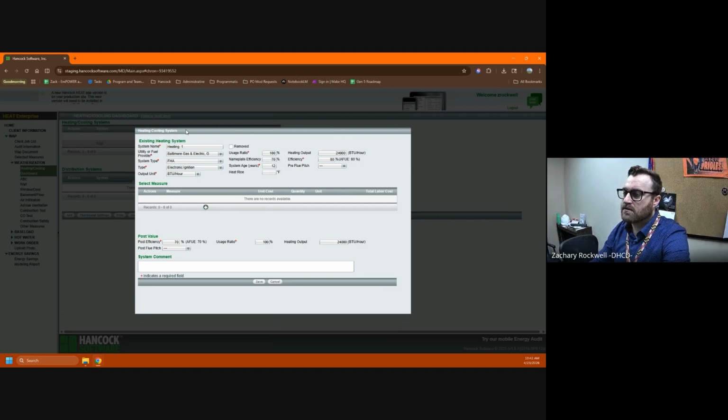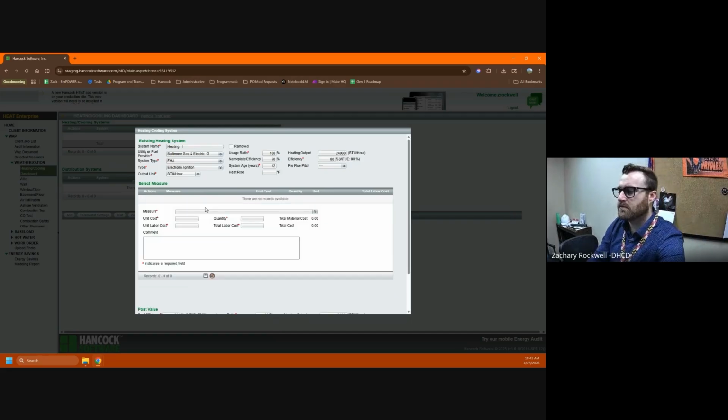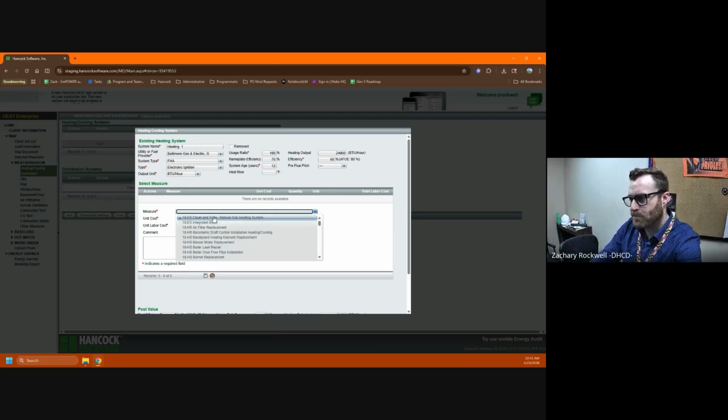And so this is your existing condition information that you have to fill out. And then down here, you're going to add your measure, which, let's say this is the non-functioning heating system, so you're going to be replacing the heating. You select the plus button here. You add whatever your system is. So for MEP, they are,